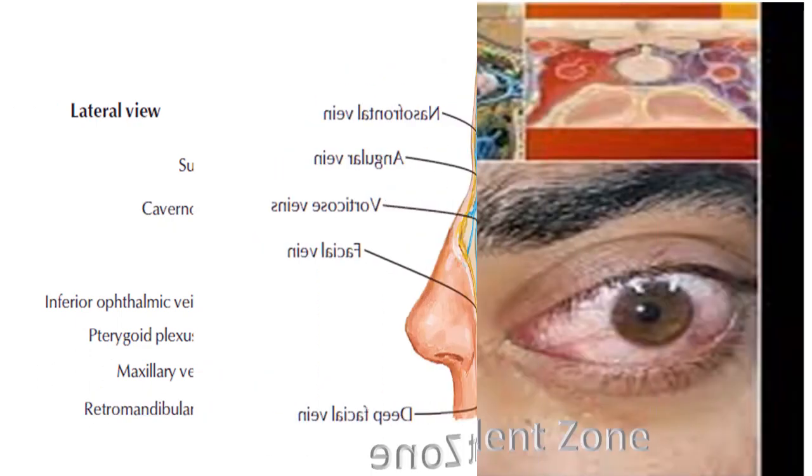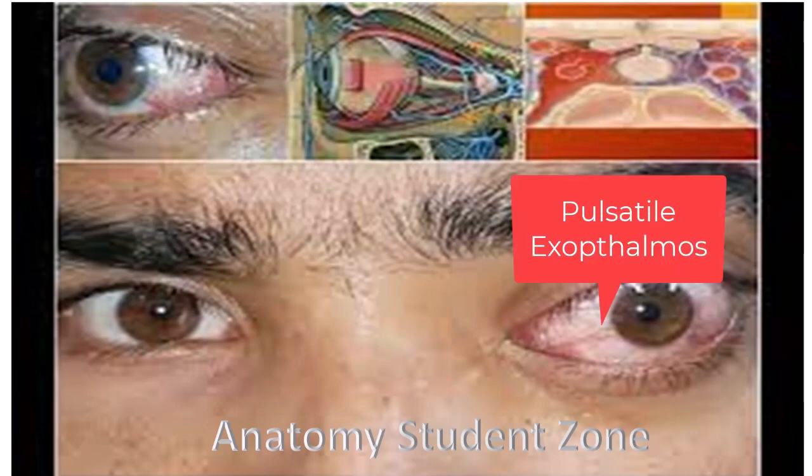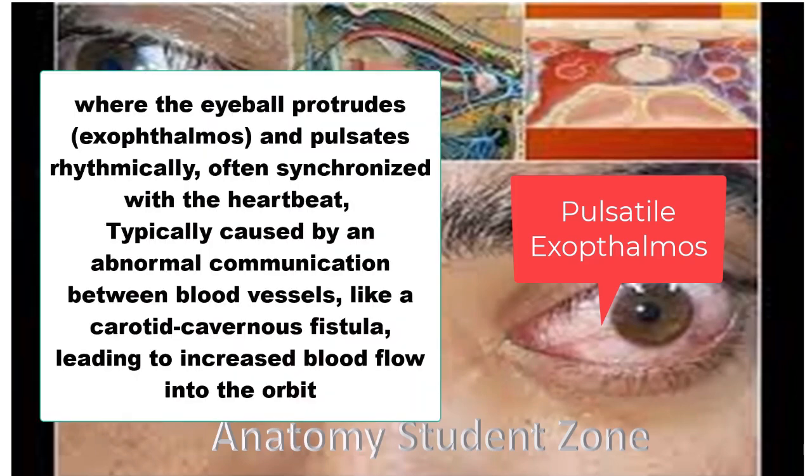Another case is a patient comes to you with a history of trauma, and you observe pulsatile exophthalmos. It means red eye and a red flag. So you don't have to take it on a lighter note. Take it seriously, because pulsatile exophthalmos or pulsatile proptosis is a clinical symptom characterized by protrusion and pulsation of the eyeball, and this can be linked with the carotid cavernous fistula as well. So in this case, you have to rule out that fistula.